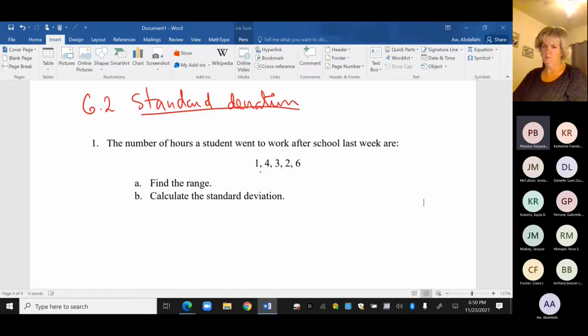we find, you see here, they say find the range. So range here is actually a very common word. If you have my data here, what is the lowest data? One. What is the highest data? 6. What do you think is the range? Even if this is the first time you heard about it, just in your imagination, what would be the range there? Is it all the numbers multiplied, subtracted by how many it is? No, that